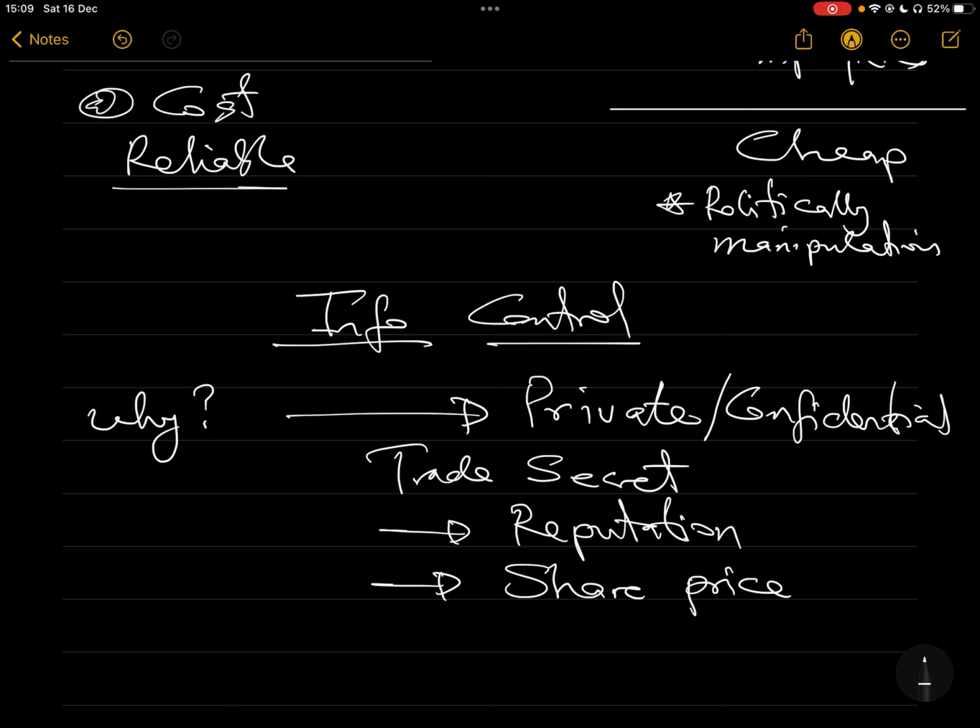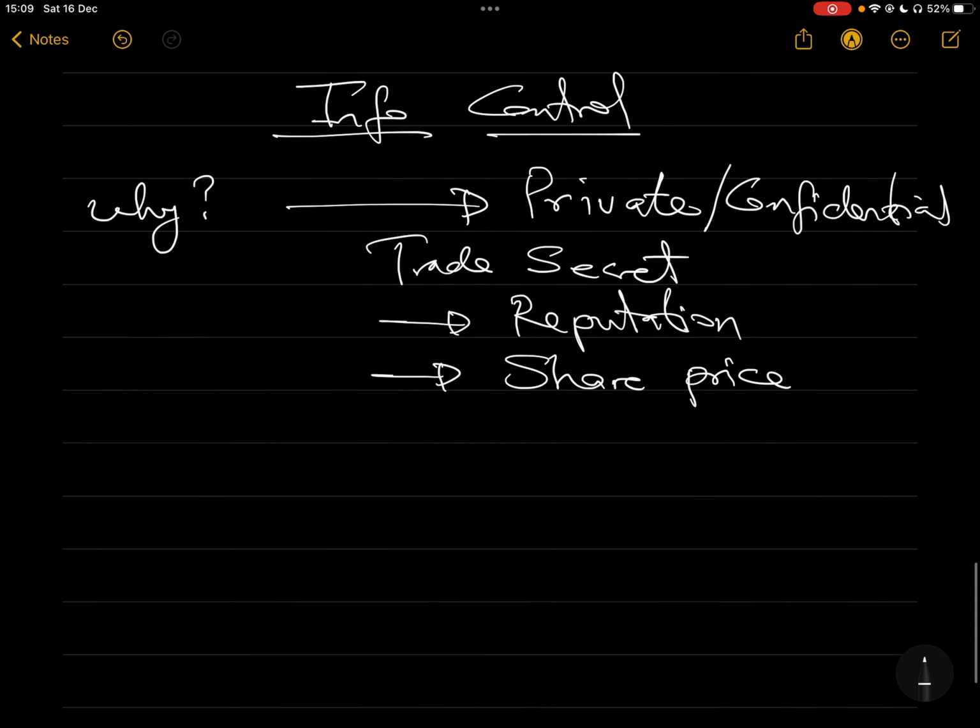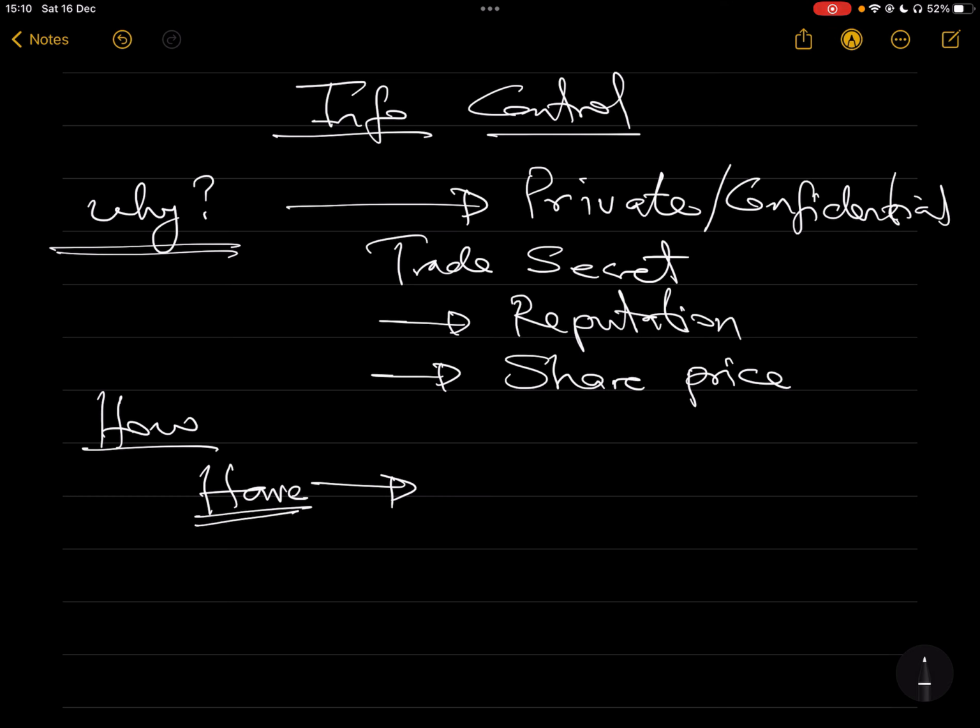So you need to know how you manage your information and when it is released, how it is released, and who it is released to. All of that you need to really take note of. So this is why you need to control information. But how do you control the information? The first thing you must know is that a company that wants to control information must have, and all of this is a must have to control your information,